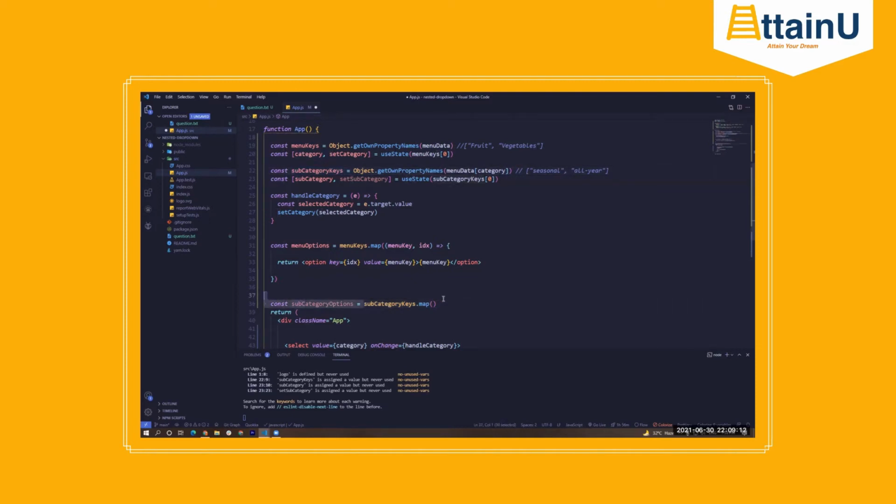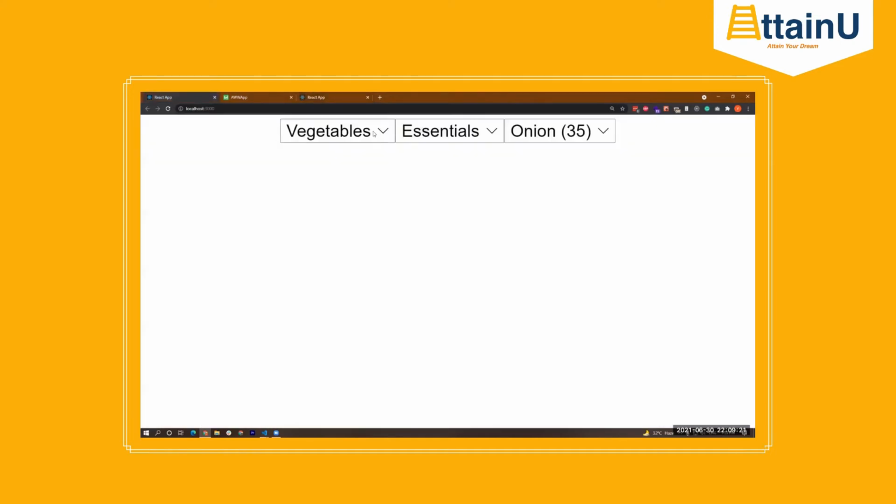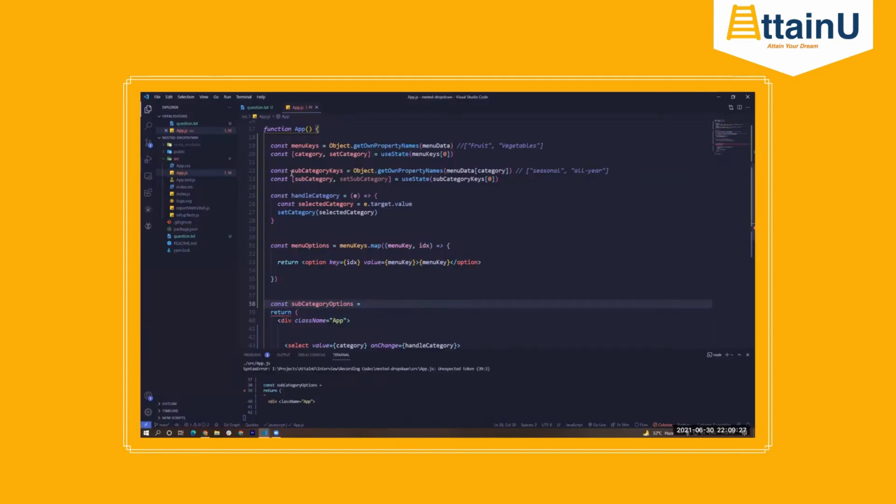So what we'll have to do, based on the current category, is this: because we want the second level to depend on whether vegetables or whatever is selected here. This category keys will only contain the initial value, correct?